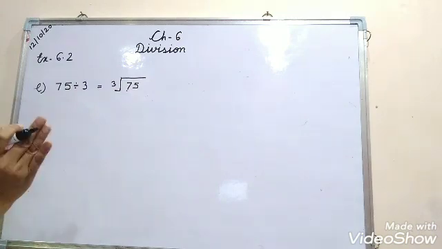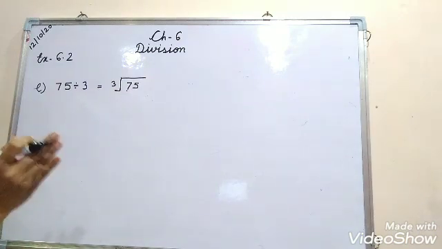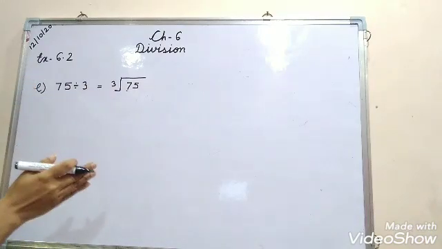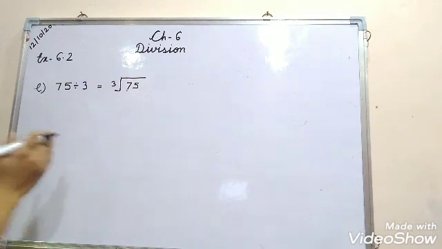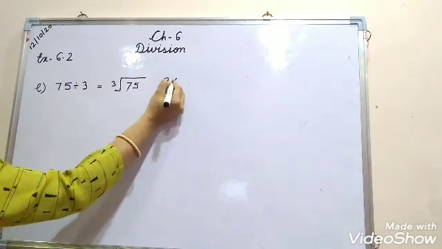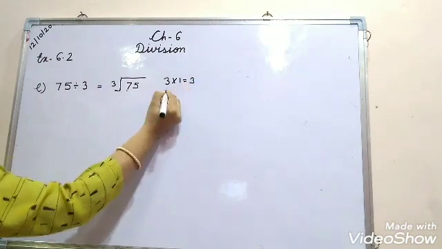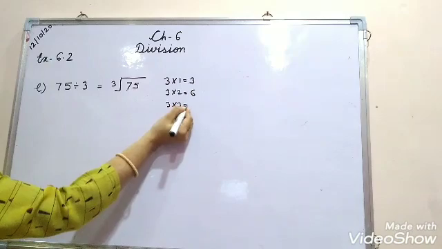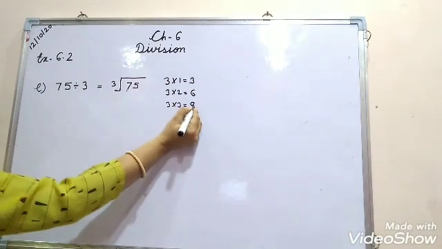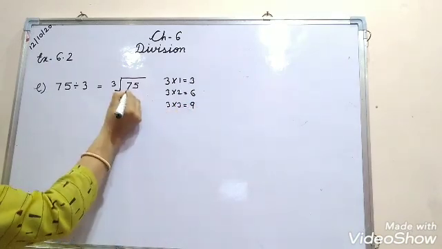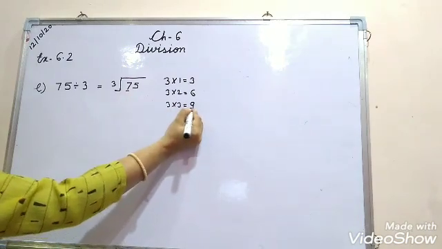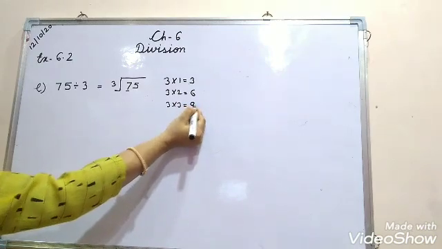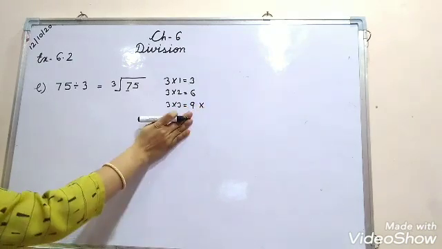That means we will find out whether the number 7 comes in the table of 3 or not, or we will choose the number that is less than 7. Okay. So you write the table here. 3 ones are 3, 3 twos are 6, 3 threes are 9. Here you can see that we have crossed 7, and we have reached a number that is bigger than 7, that is 9.